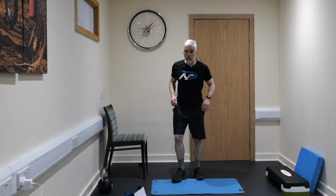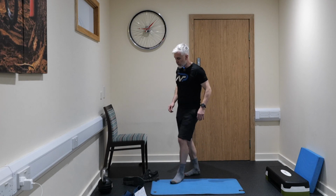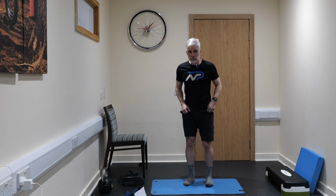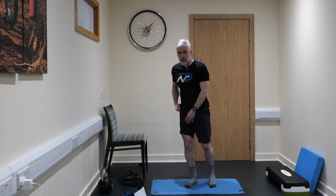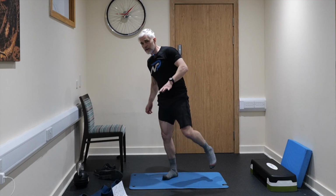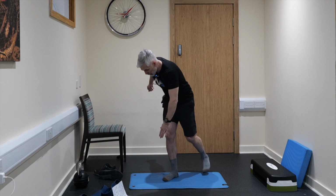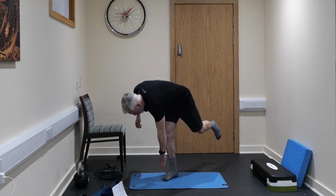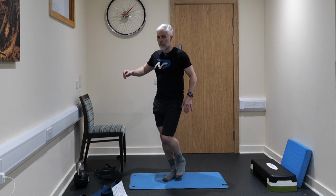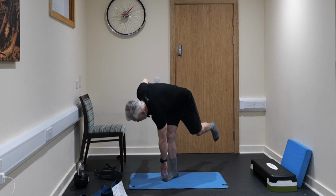Okay. So from there, I'm going to take my shoes off, and we're going to look at windmills. What I'm doing is I'm going to be on one leg. I'm going to keep my knee pretty straight, with a little bit of a knee bend on it, and I'm going to use my opposite hand to my opposite leg, and we're going to go slowly down, touch that toe, and then come back up again. We're doing the opposite hand to the opposite toe because it provides an external load